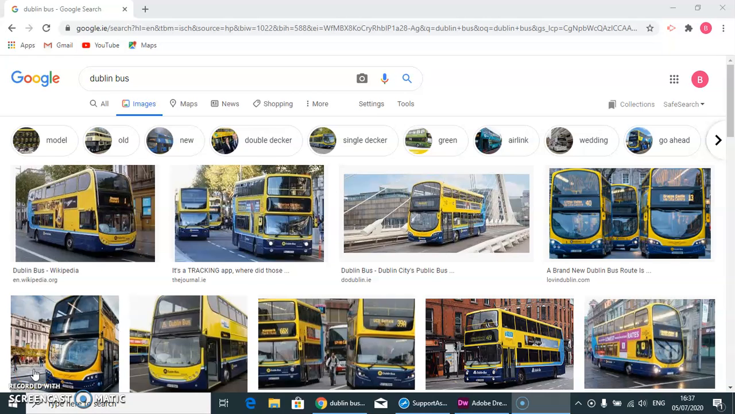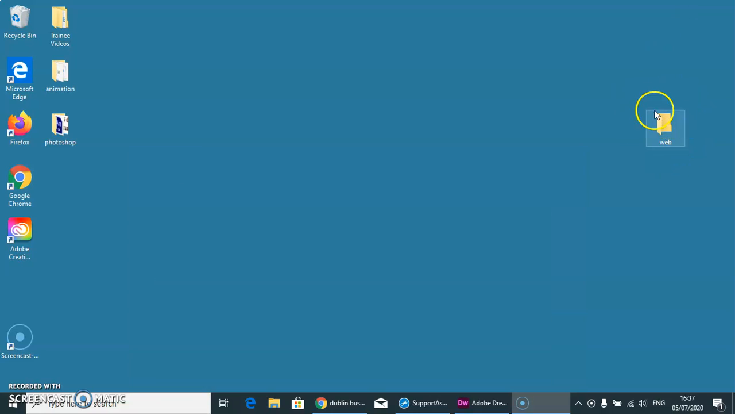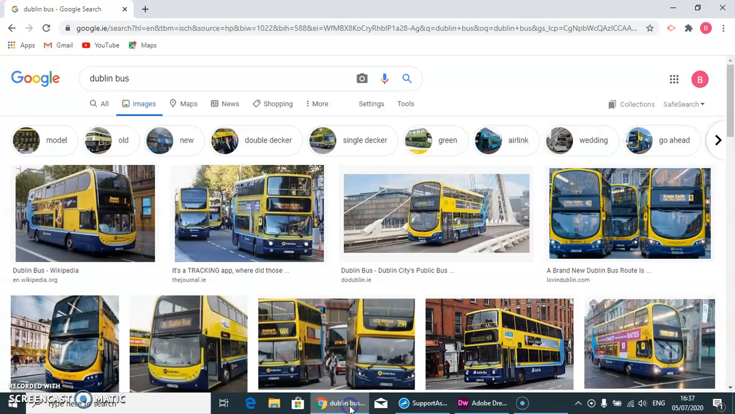Okay, in this lesson in Dreamweaver, I'm going to show you the basics of starting off. The first thing you must do is have a folder set up. So I have a folder set up here on the desktop called Web, and I'm going to get my pictures and have them ready to go before I even open Dreamweaver. So I just want to take a picture of Dublin Bus, so I'm just going to go with this picture